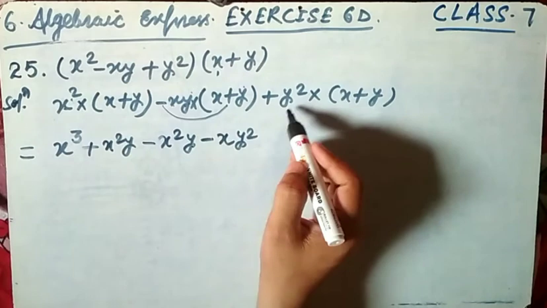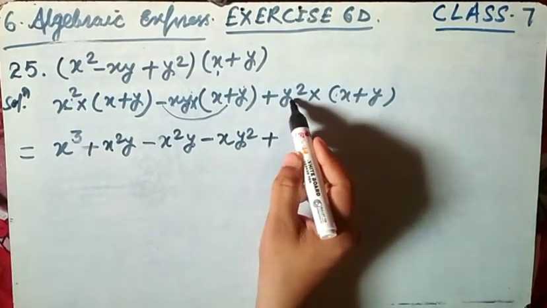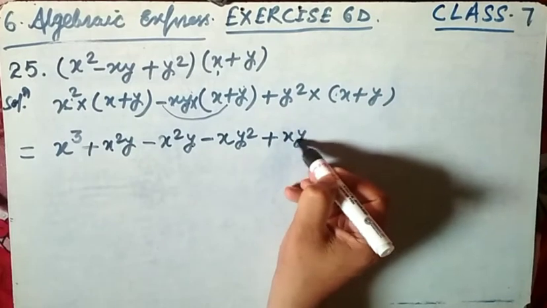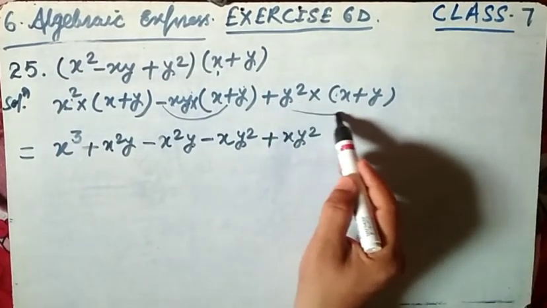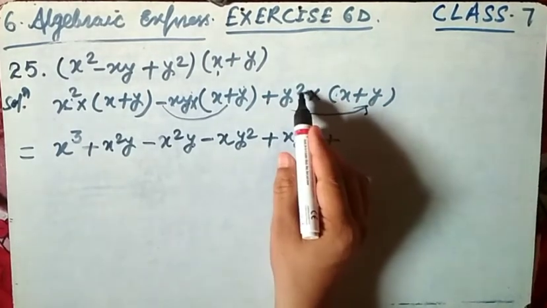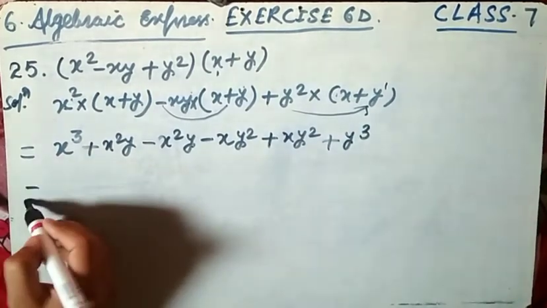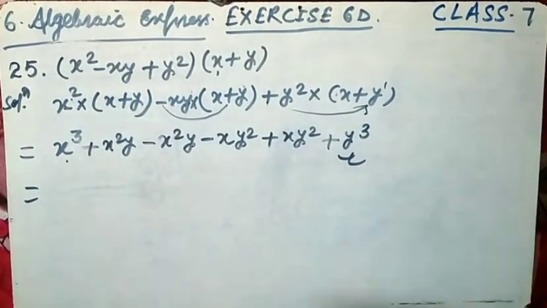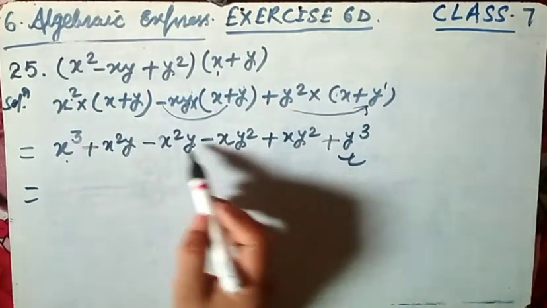Now next come to here. This is plus y square, here is the plus into plus, y square x. We can write x y square or y square x, as both are the same. Now this you have to multiply, plus into plus. Here is the y2 and here is the y1, means y cube, y raised to power 3. Now here x cube is here, y cube is here. We can write x square y or x square y.